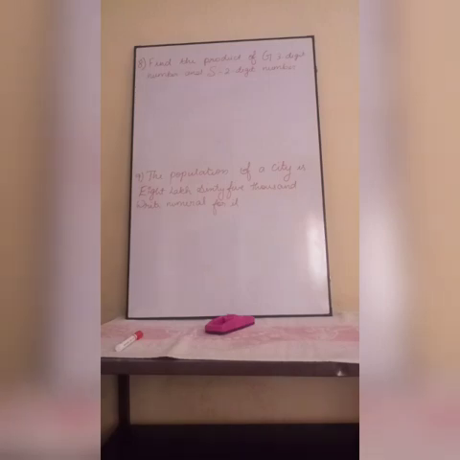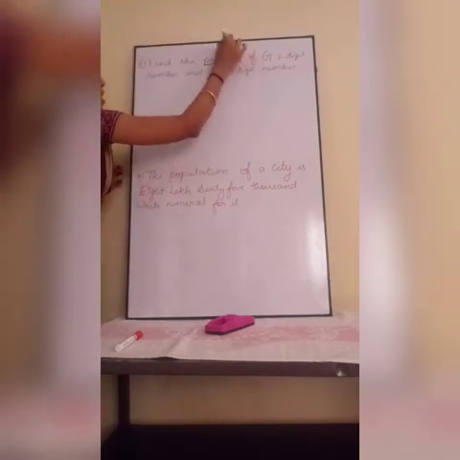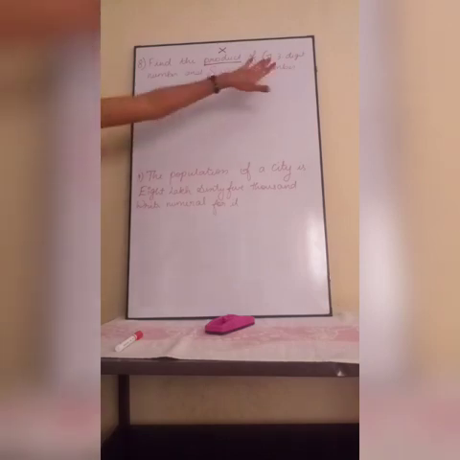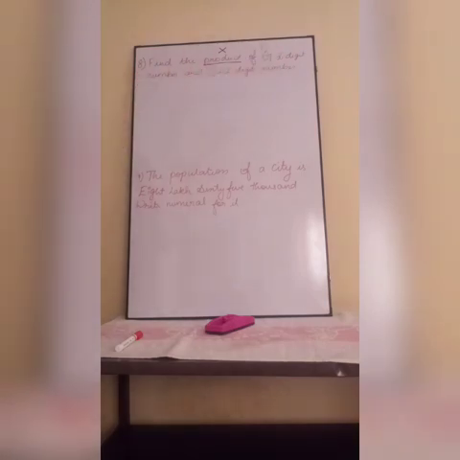Find the product of the greatest 3-digit number and the smallest 2-digit number. You can refer to page number 7 for these questions, children. In the previous sum we found the sum of the greatest 1-digit number and the smallest 5-digit number. But here we are going to find the product. Product means multiplication. We have to multiply the greatest 3-digit number and the smallest 2-digit number.